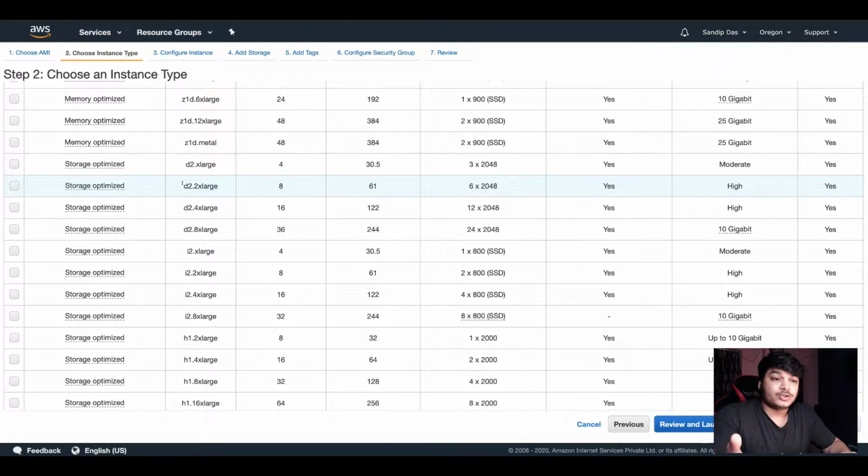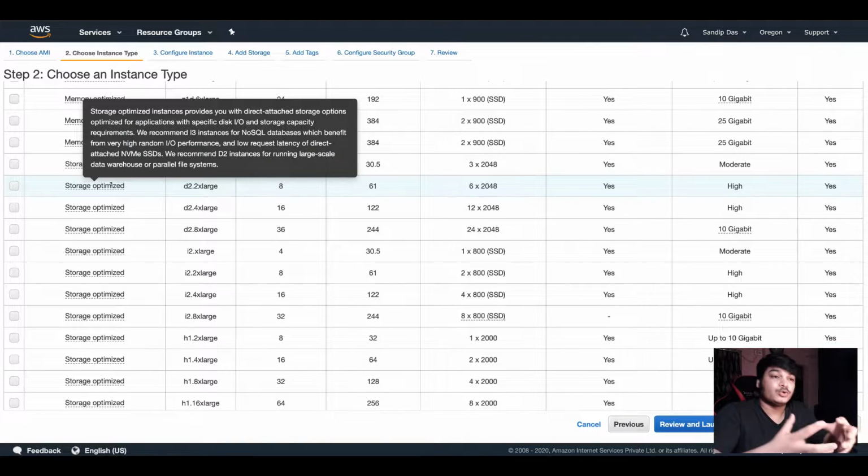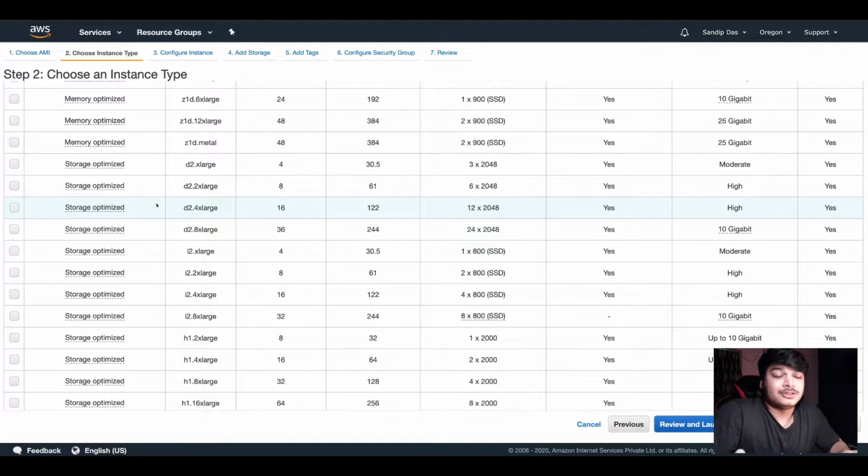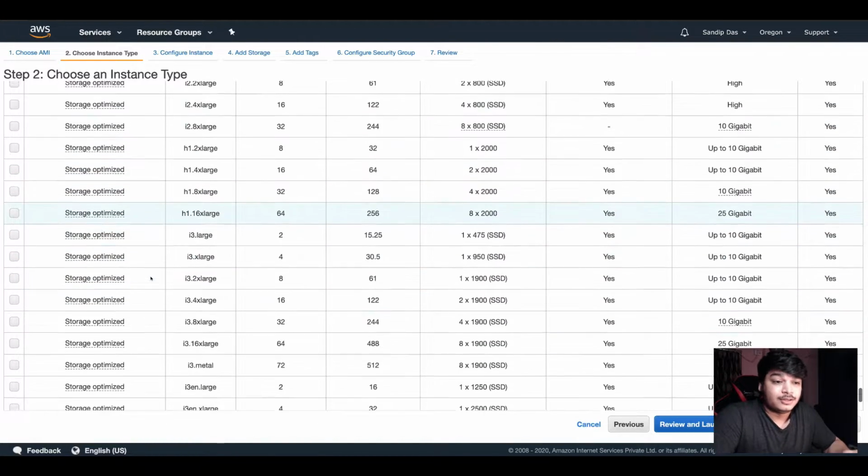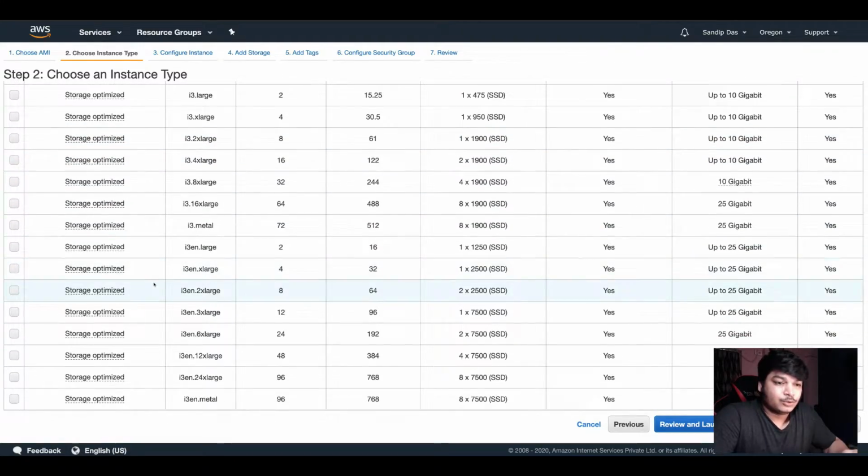If you have the storage optimization part, I mean the storage part where you are using that IO, writing and reading files, and this is happening a lot in your instance, the machine, then you need a storage optimized one. This is up to your requirement. Like if you want to host a database in a machine, then go for the storage optimized. These will be the very practical use cases.